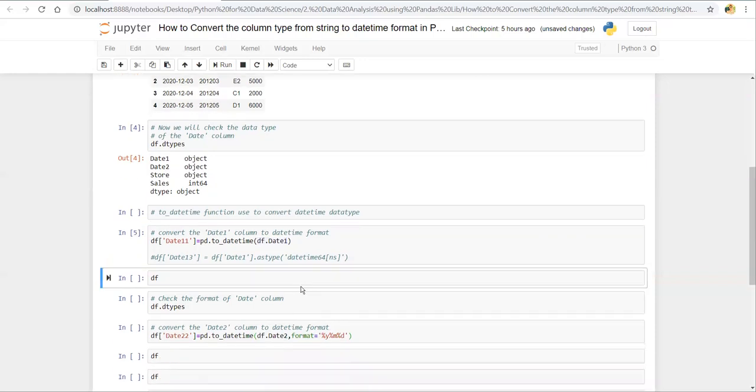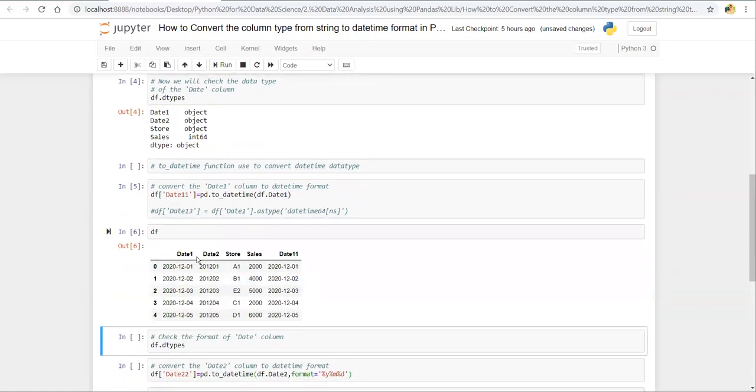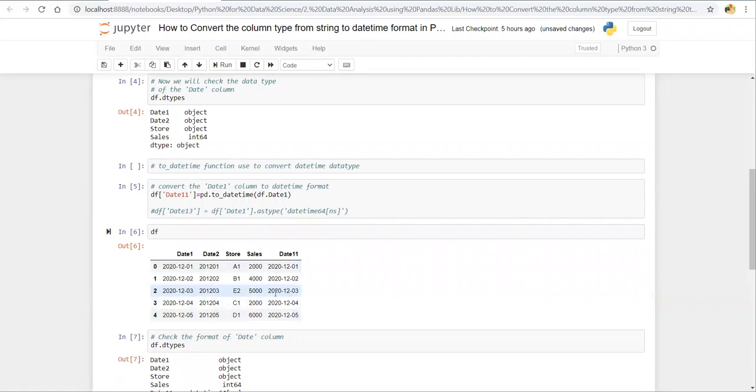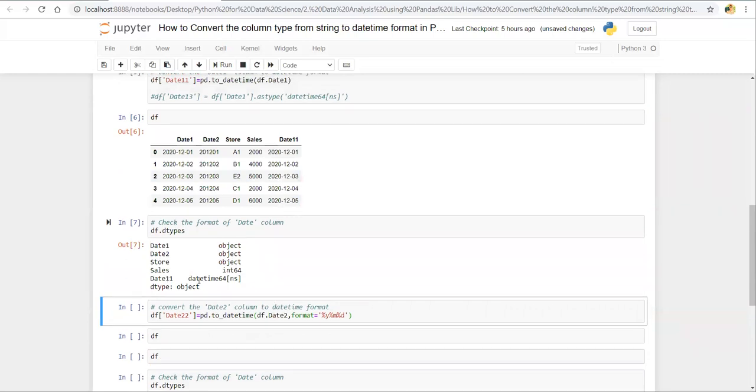Now let's see the changes in our data frame. You can see that there are no changes in our data frame, but let's check the data type of the columns. You can see that date 11 is in datetime64 format.